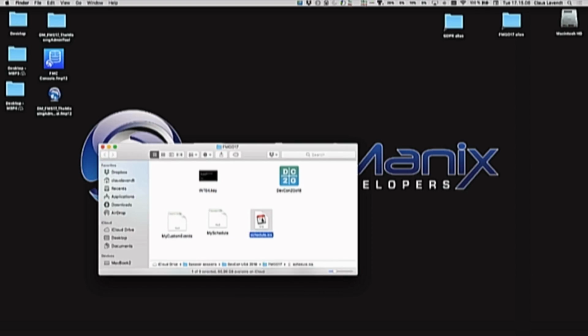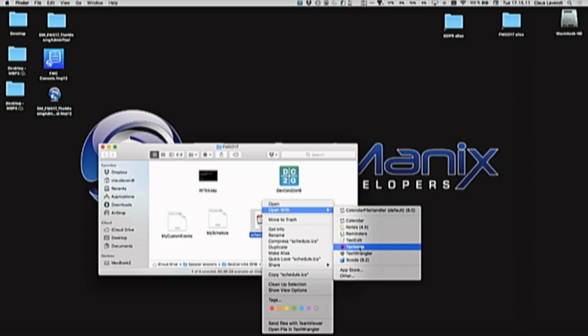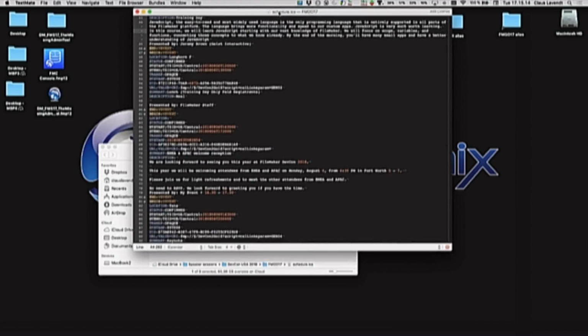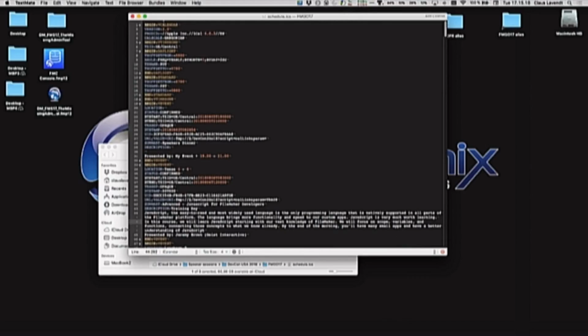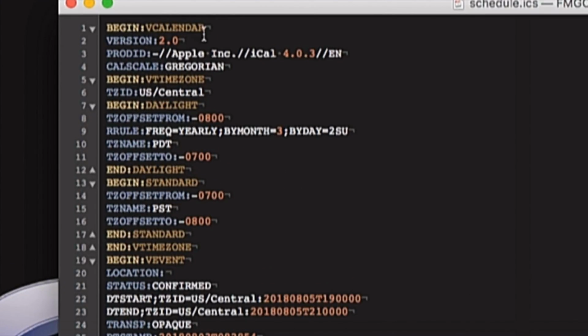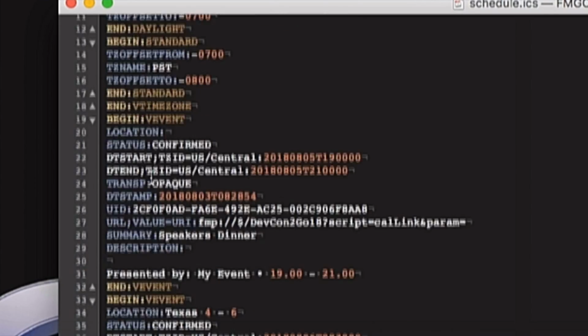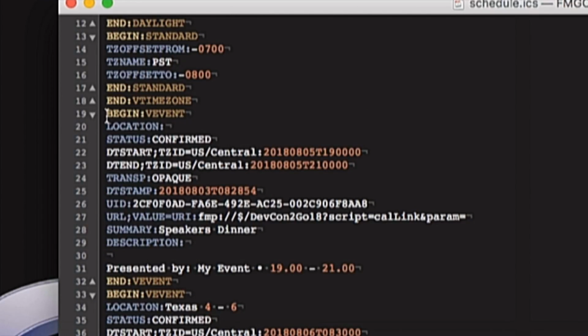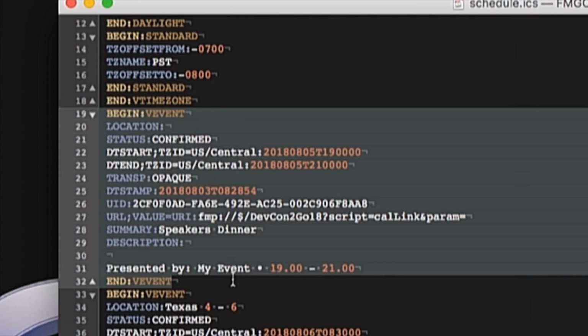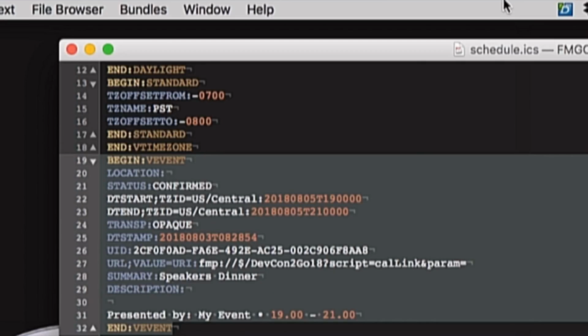If we look at a calendar file, you'll see it's actually pretty easy to get this. First off, we have begin vCalendar, begin time zone, and so on. And then already we have begin event and end event. So this is the block of information that you need to write in order to write the vCalendar format. And it's done for you by this custom function already, and then you can just save it. It's really a text file, but you just have to apply the file extension ICS, and then it will work